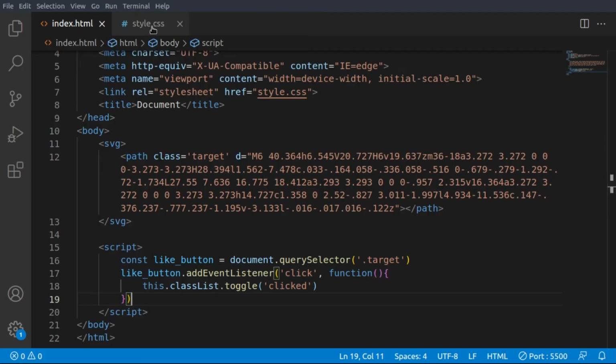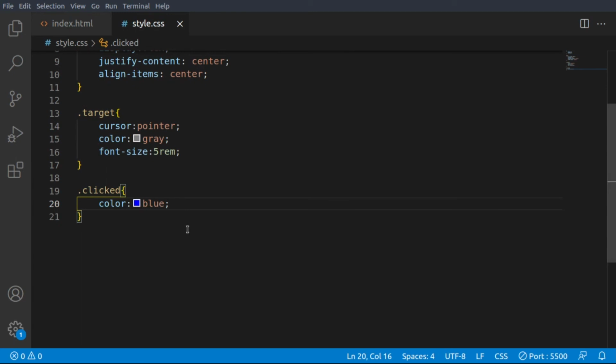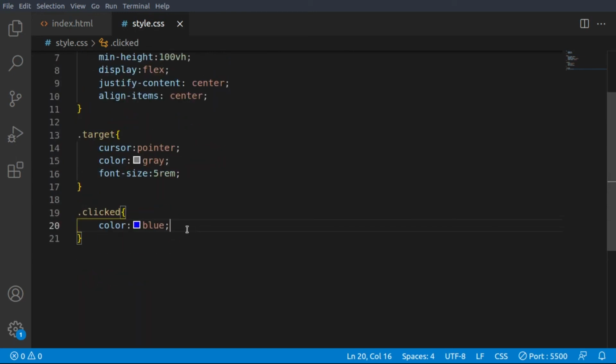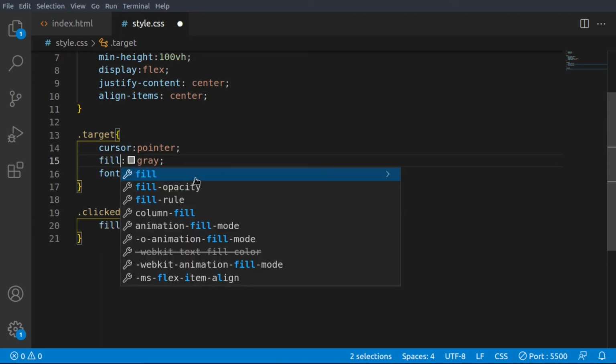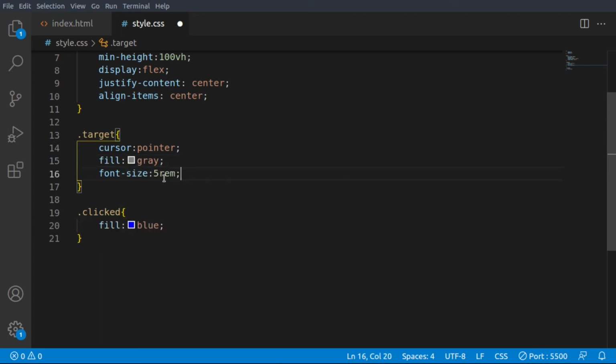So I'm going inside the CSS or style file, and inside here what I need to change is nothing but this color. In SVG we need to provide fill, to fill the color inside our icons or SVG elements. So we don't need this font size. If I go back,